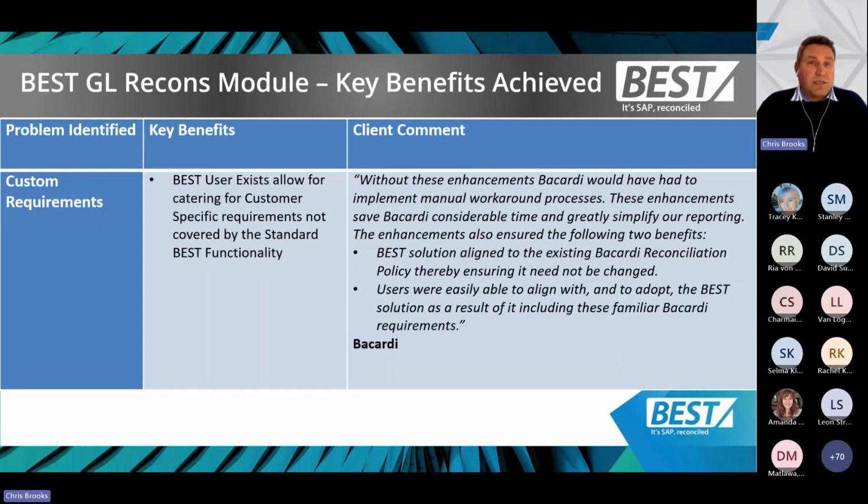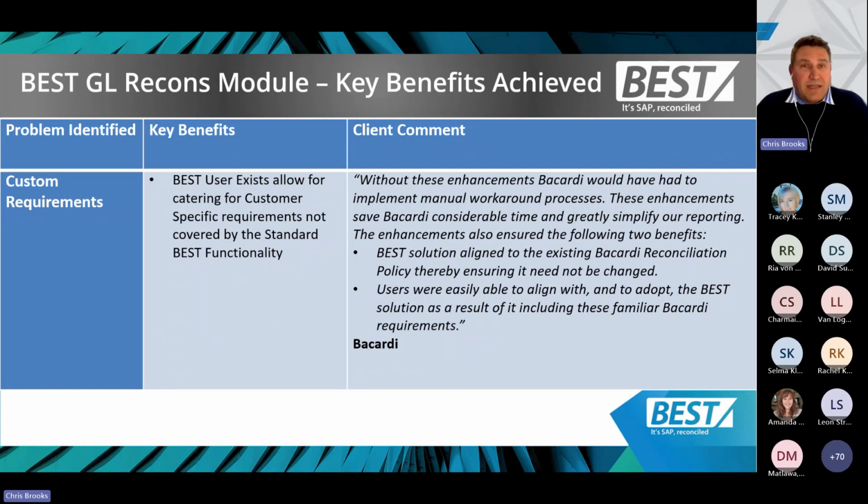We did some for Bacardi, which was a huge help for them. We were able to create a US dollar group currency value in their recon report, which they didn't have available in standard SAP. That was a huge thing for them, along with a few other things specific to their process.